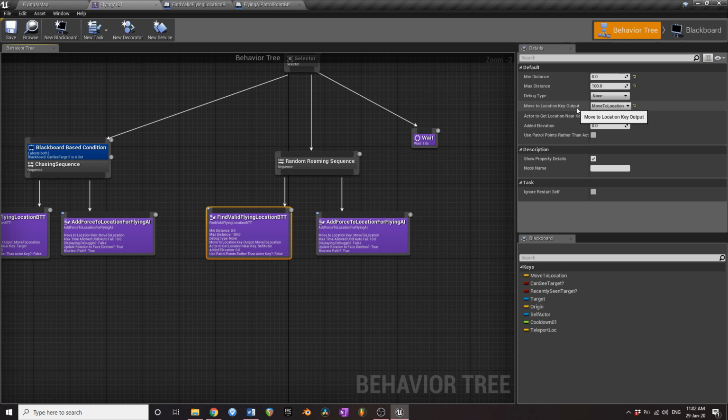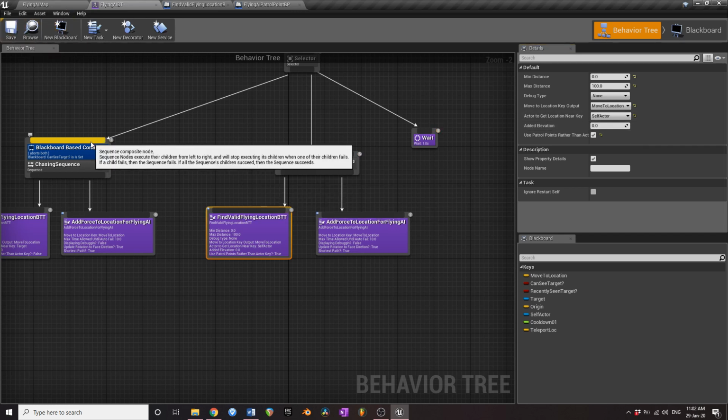So it's helpful to make that an output, because if you don't, then you're going to think, okay, I need to set something for this when you look at the task, but you don't need to set anything. You just need to decide where you want the information to go. So the next thing, the actor to get the location near key, that doesn't matter what we've set if we set this to true, because we're using the patrol points rather than the actor key. So now the added elevation, if we leave that at 0, we should be able to hit save like that. Let me just disconnect this,